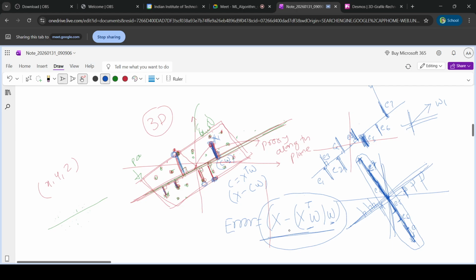But now we understood that combinedly this is 1 point, this is 1 point, this is 1 point. So these are not the error, these are also points. So you consider this error as 1 point,